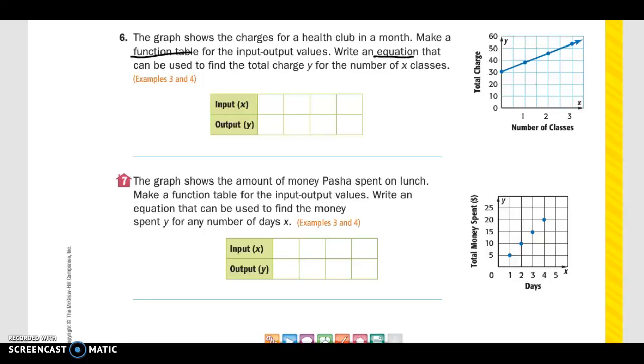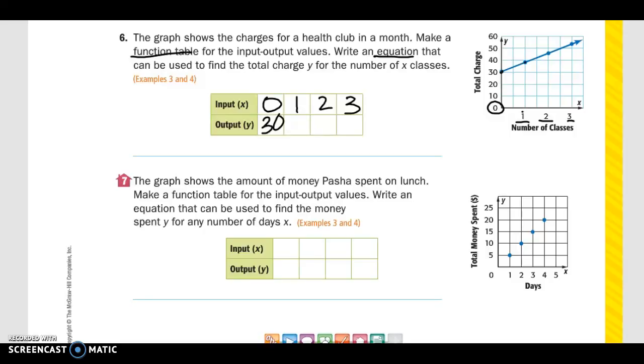So let's come over here to our chart. The first dot is right here. That's on the 0 line, so we're going to start with 0. Then we have 1, 2, 3. So 0, 1, 2, 3. At 0, let's see where we're at. We're at 30. At 1,